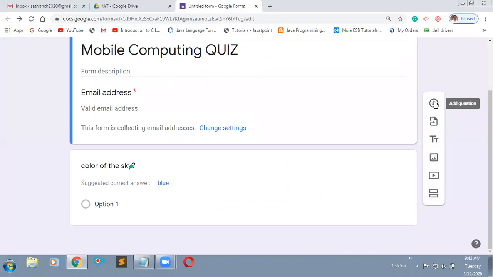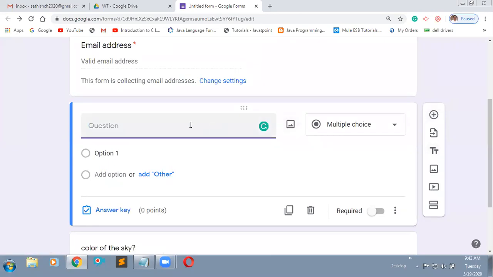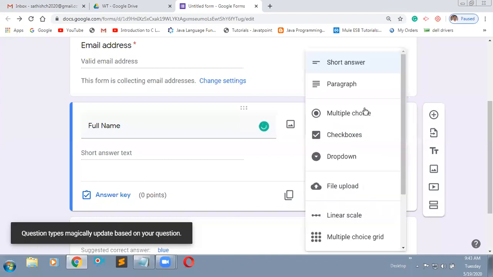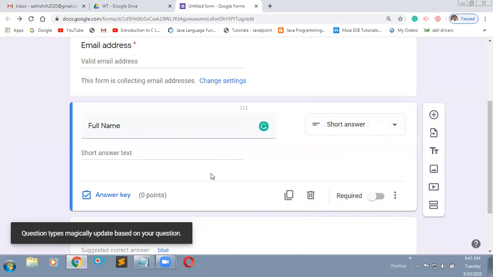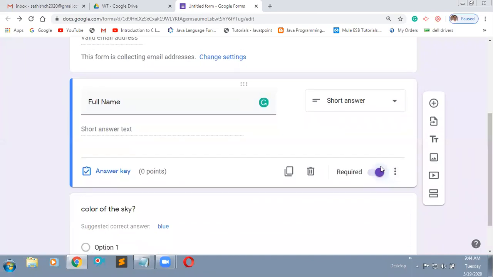Yeah, I am adding one question. For that, from here I'm taking the full name of the participant. This is not the question, right? Just take it as a short answer. Don't go for multiple choice. Take it as a short answer. This is the mandatory field. You need to get the name of the participant, right? You need to check here, it is required. You need to click here. If you don't want to shuffle, I will tell you later. You need to make it a mandatory field.